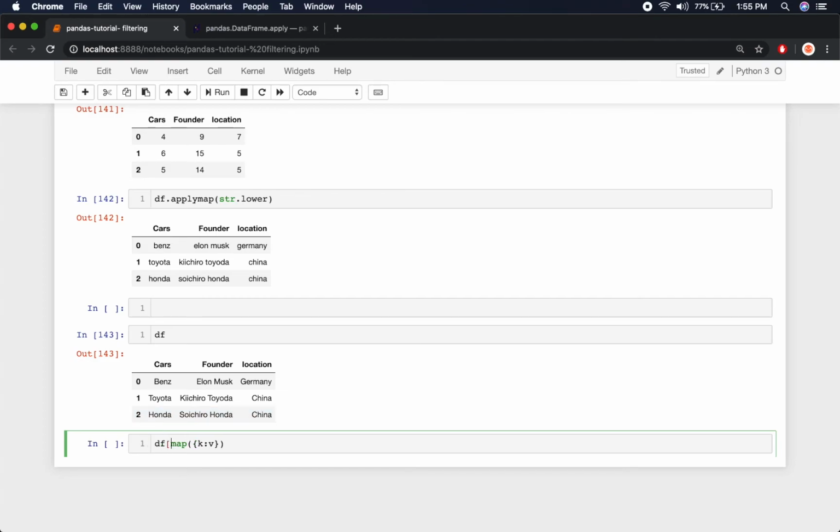So let's say if I want to change df.cars and I want to apply the map function. What it will do is iterate on all of the rows present in the cars column, and it will try to update whatever values are present in the cars column with whatever values are matched in this given dictionary, with the values that you have provided in that dictionary. So let's say I want to change Benz with, let's say, Audi, and Toyota with, let's say,